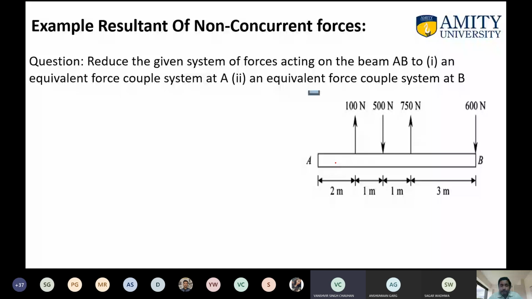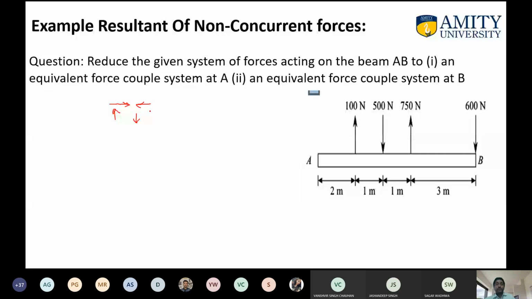Sir, explain once, the force couple system. Yeah, a force couple system means a force is there and also a couple whose moment is also there, that is symbolized. So I can show you here, a force can be like that, like that, like that, or the force vector can be like that, and with this force a couple will be there. So when we are writing a couple, we are writing only its moment part.